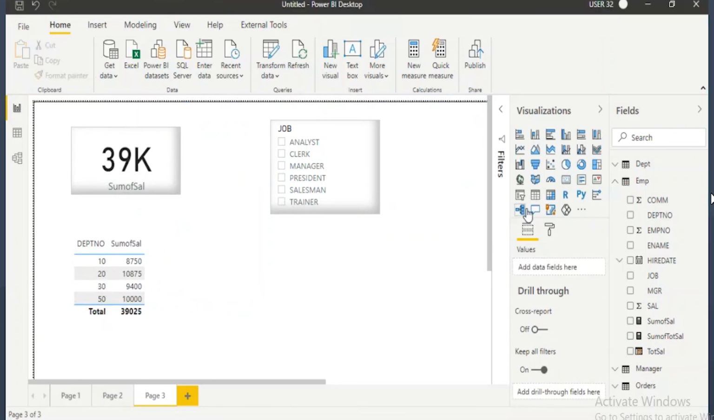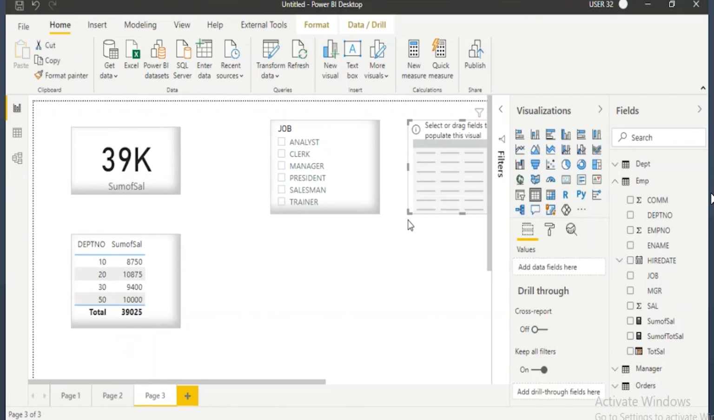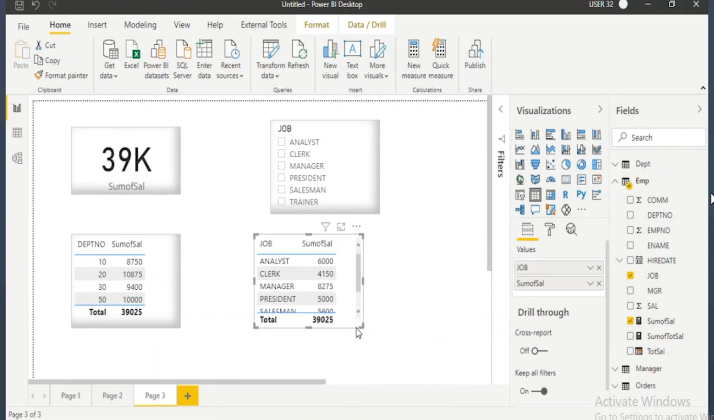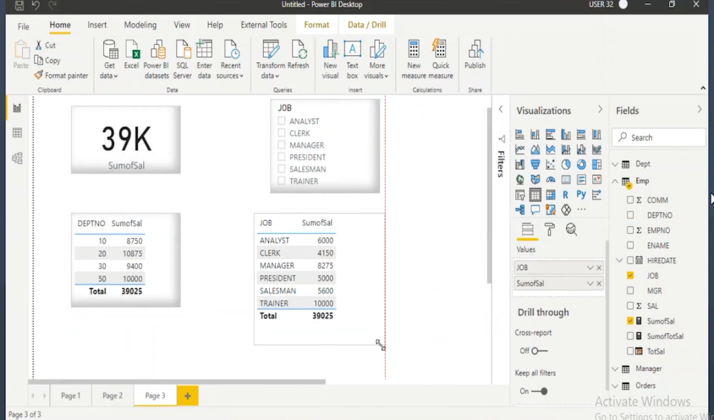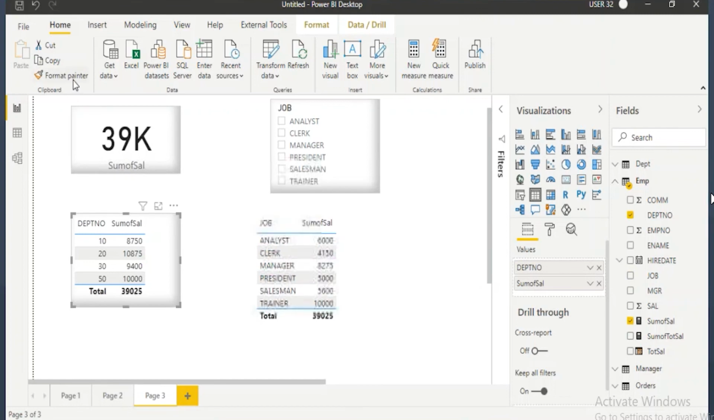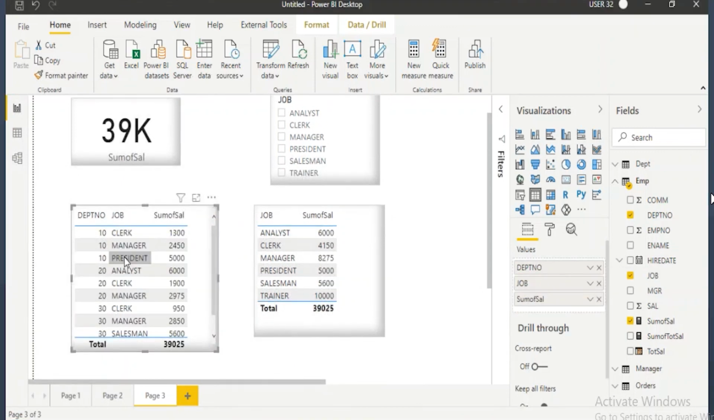I'm creating another visual where I'm showing job wise salary. First I'll drag the job column. When I drag the sum of salary, it will calculate this time based on the job column. Analyst, what is the sum of salary? Clerks, what is the sum of salary? Managers, what is the sum of salary it will give? So based on the dimension values, it will give it. Even when you add another dimension column in this visual, I can go and add one more dimension column. When I add one more dimension